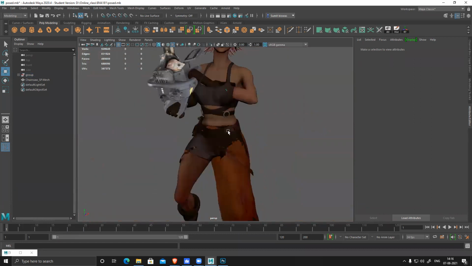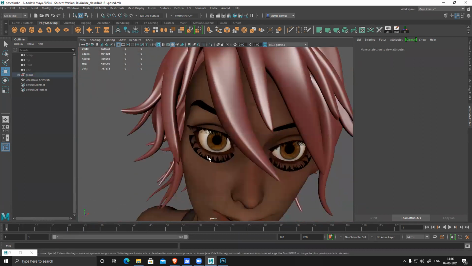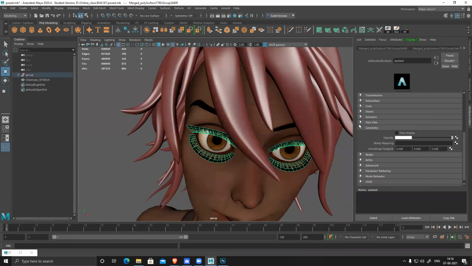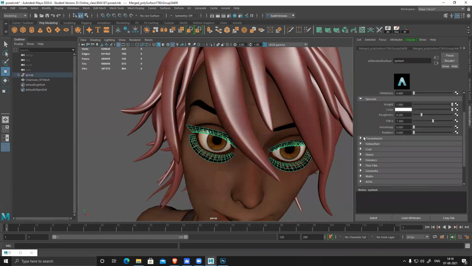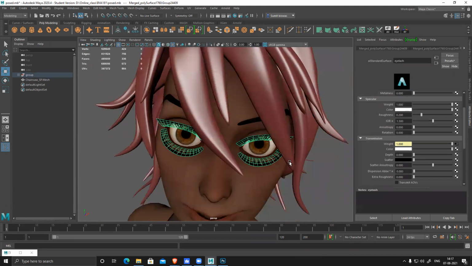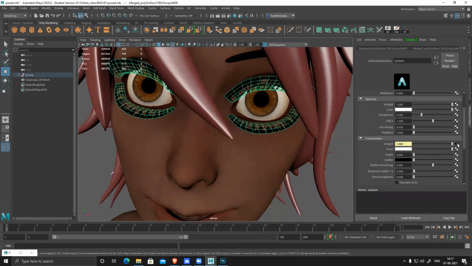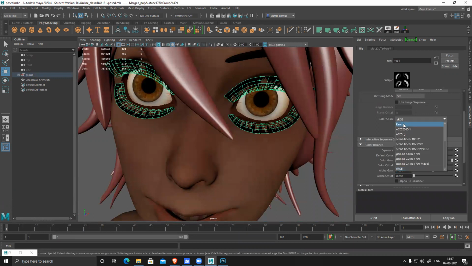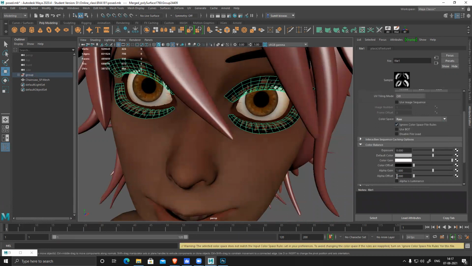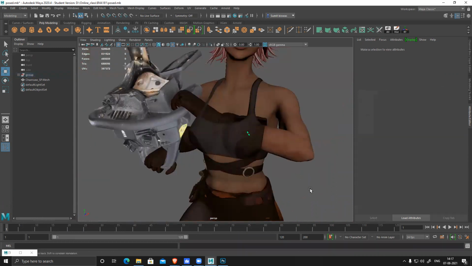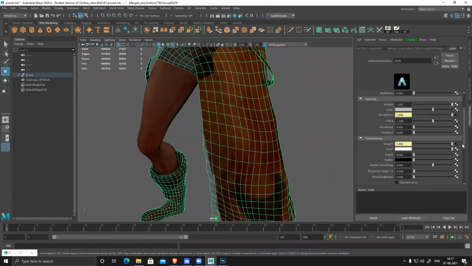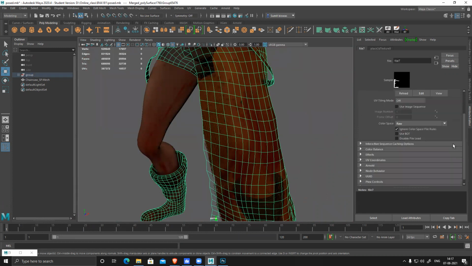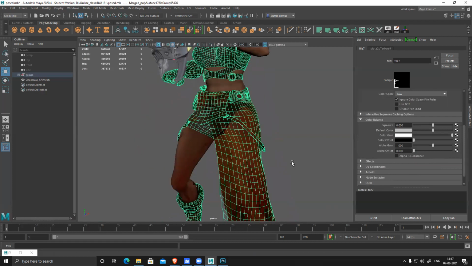So its alpha looks inverted. I didn't do anything here.